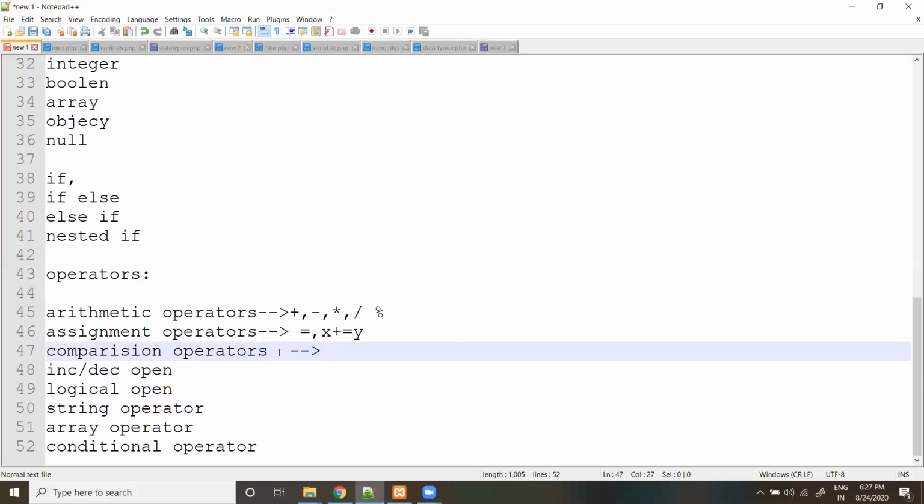Comparison operators: equal, double equals, triple equals, not equal. These are types of not equal. This is also a type of not equal. This is not identical. Then greater than, less than, greater than or equal to, less than or equal to.